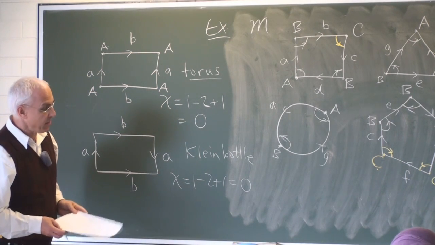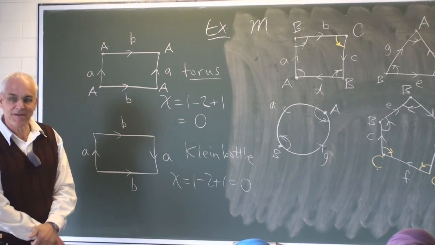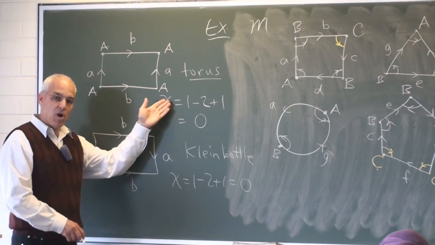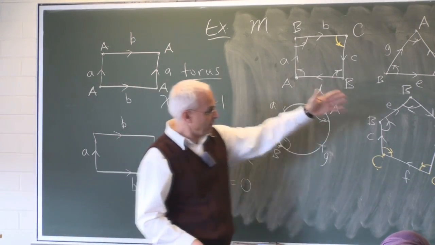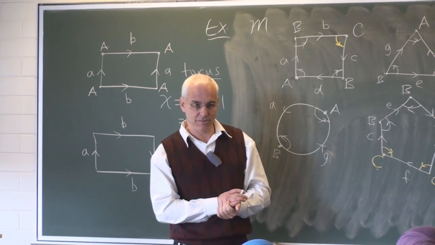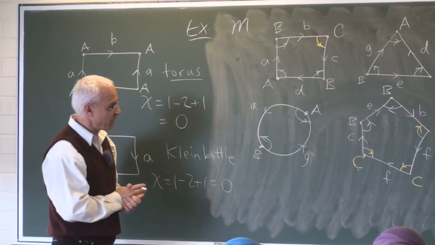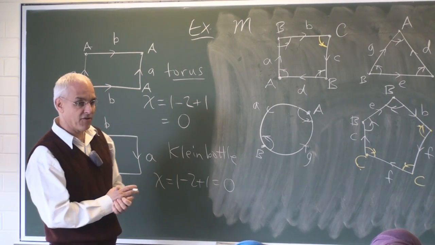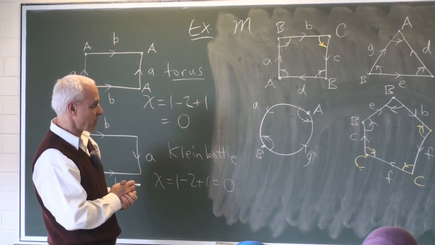Okay. But can we at least determine, if it's one of these, which one it's going to be? Well, the difference between these two surfaces is that one is orientable and the other one is not. So we can look at this thing here and say, well, can we figure out whether this is orientable or not? And we can. There is some special feature about this that makes it reasonably clear that this is not orientable. And what's that special feature?